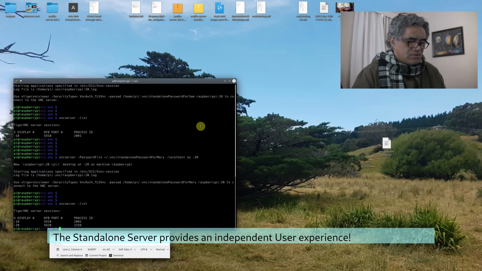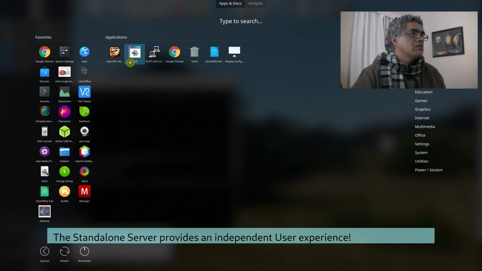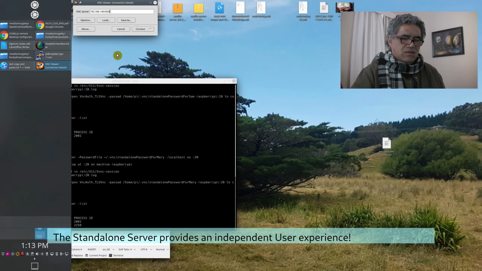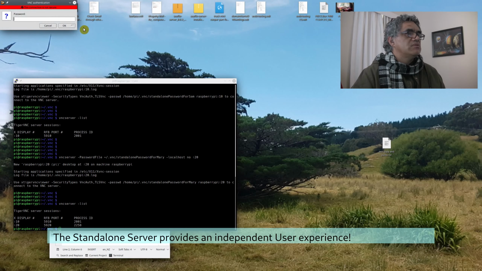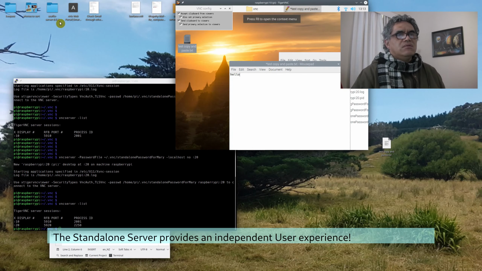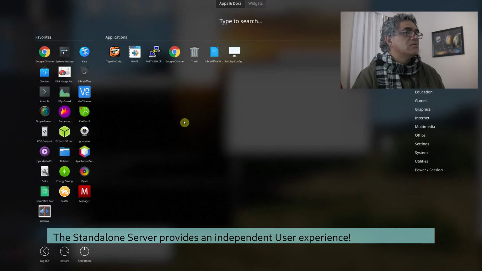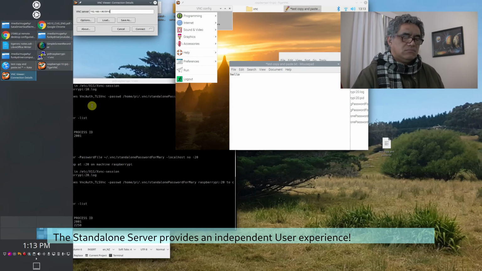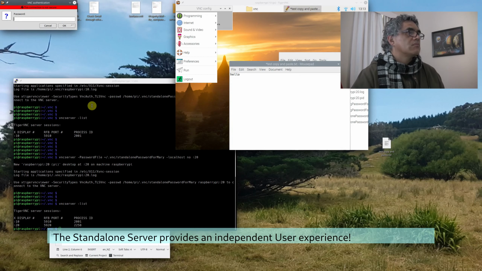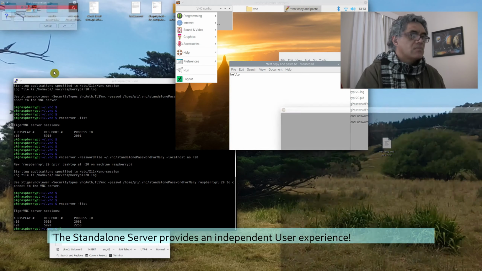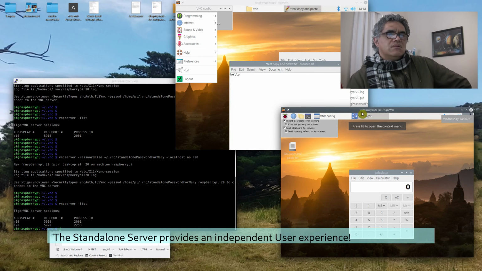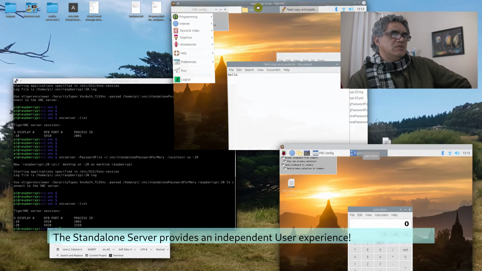Sam comes along and logs in, and he enters his connection criteria, and he enters his password. Okay, now if we do the same for Mary,